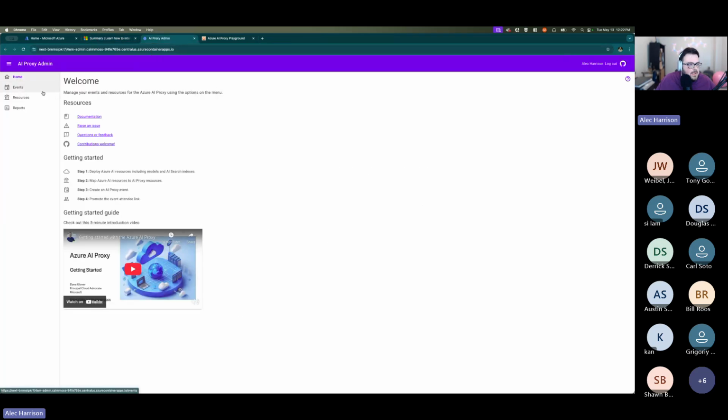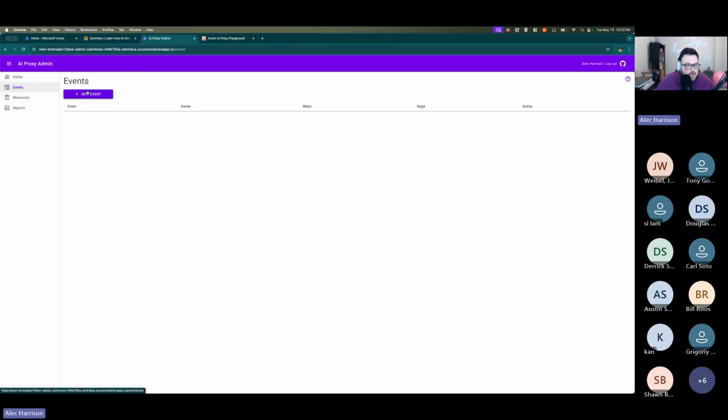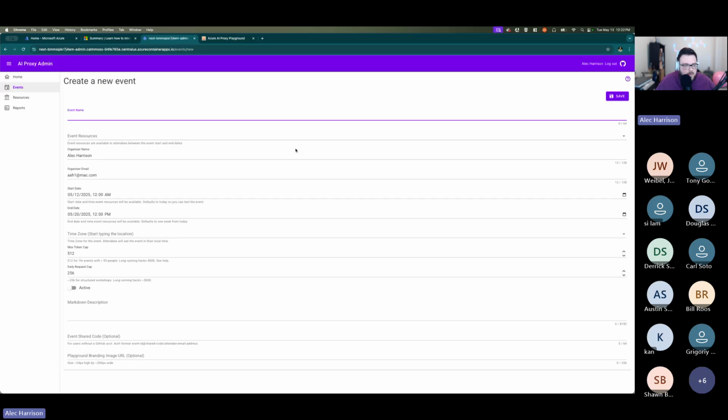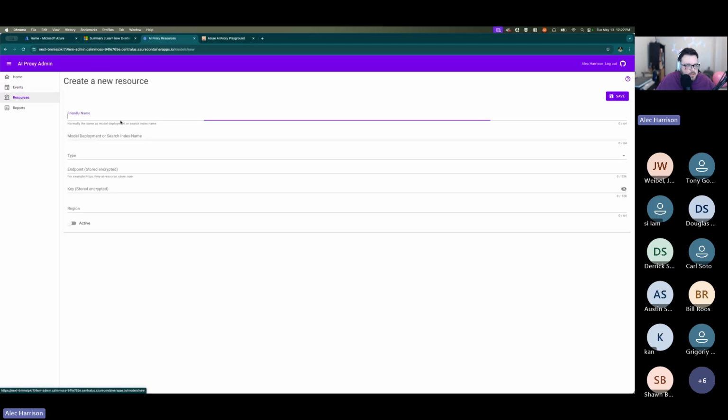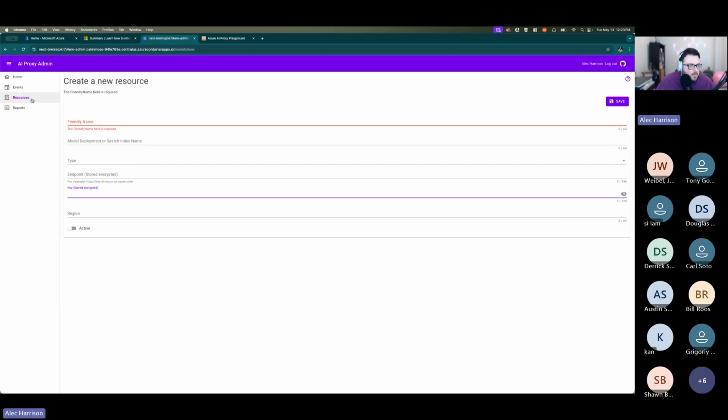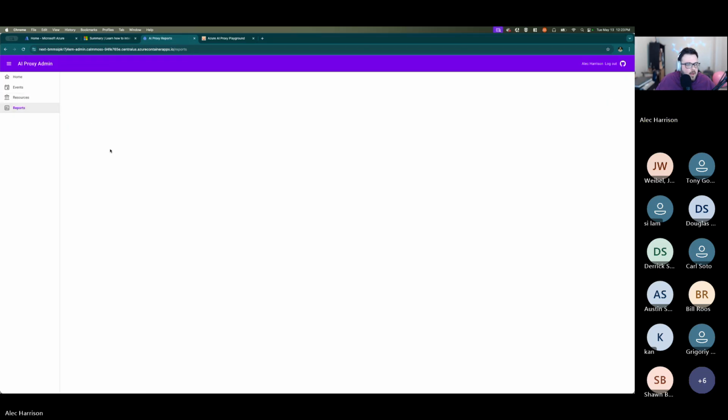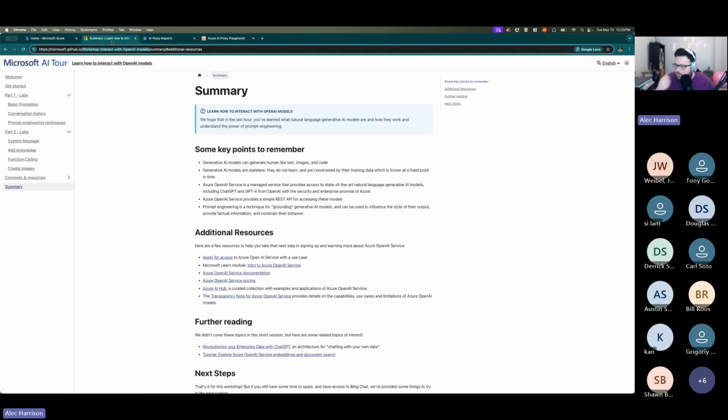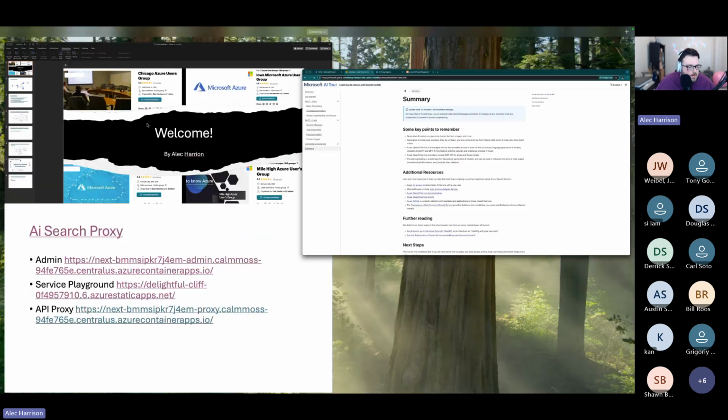From an admin side, here's what that looks like with a real live thing. I can go ahead and create an event, do all that sort of fun stuff. This is all self-hosted in my Azure instance. I can give people explicit resources. Each resource, I can tell how I want it to authenticate and authorize. And then I can get reports here for what's going on. So I can watch semi-live what people are doing with all my resources, so I'm not surprised.